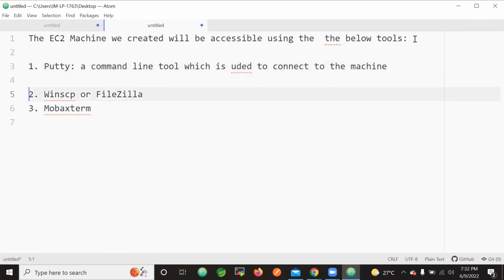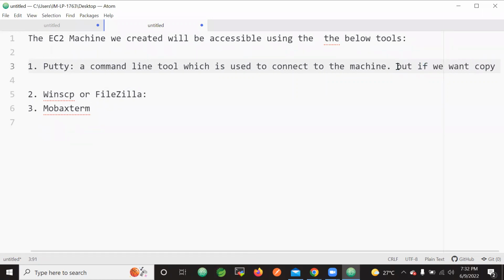You cannot see any directories and all, and file transferring is a little difficult with this one. But if we want to copy a